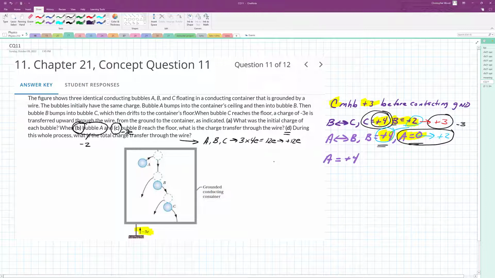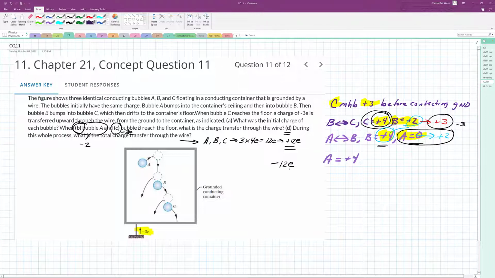So if I have 3 bubbles carrying a charge of positive 12, that ground container will feed negative 12. That ground container will draw negative 12 charges from the ground to neutralize those 3 bubbles,